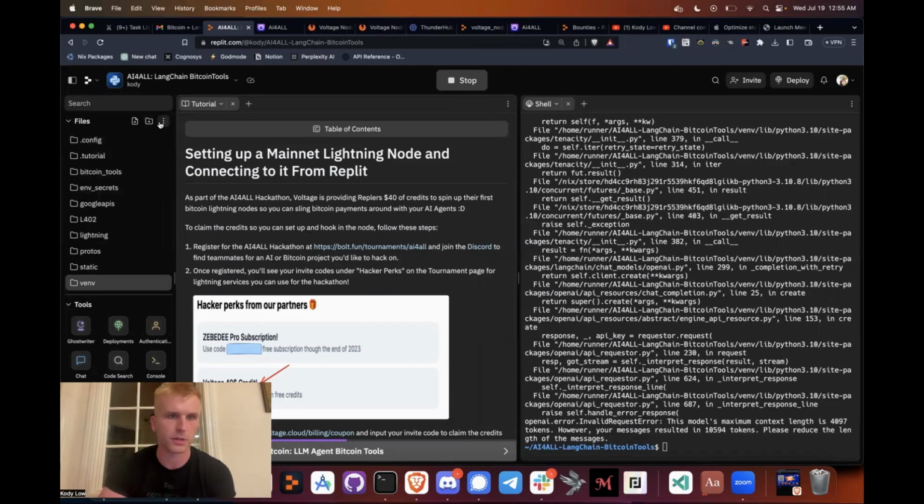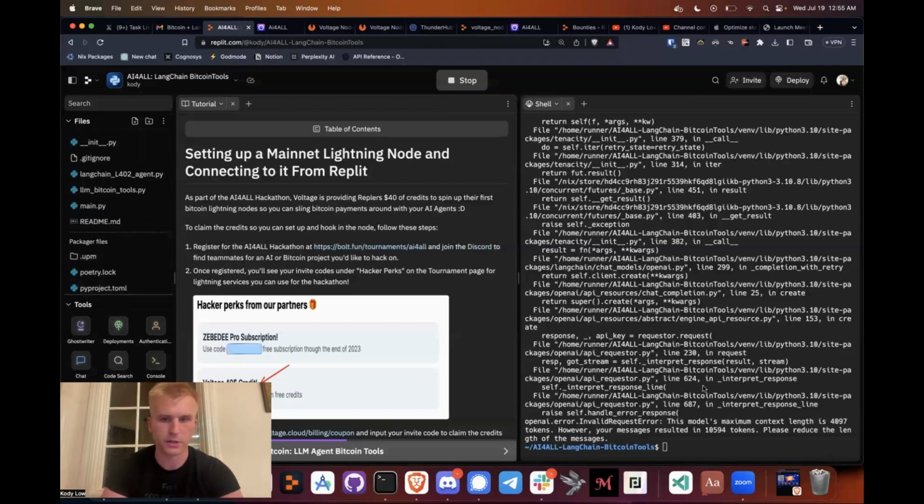After we upload those, we're going to put them in the env_secrets folder. When you put those there, just make sure that your REPL is on private, because those are sensitive files and you don't want other people to be able to see those. So we're going to set those secrets, and then we're going into the secrets